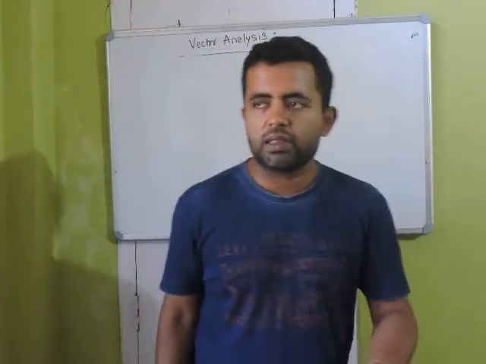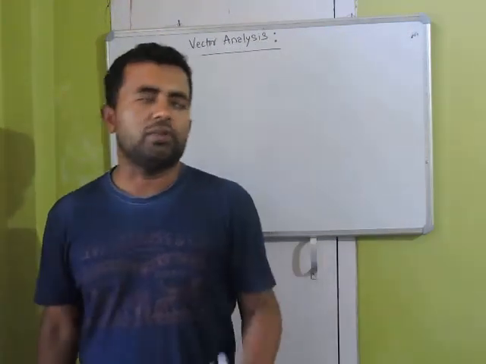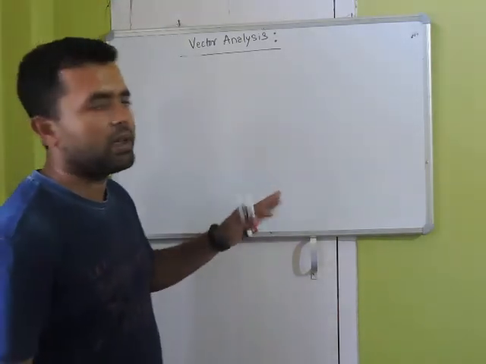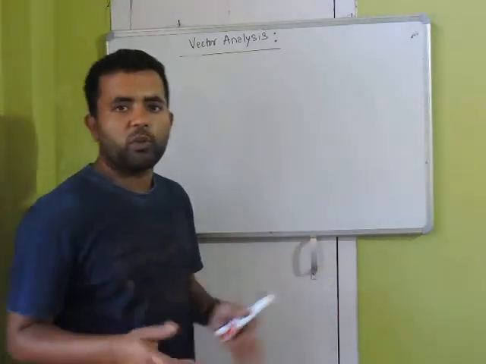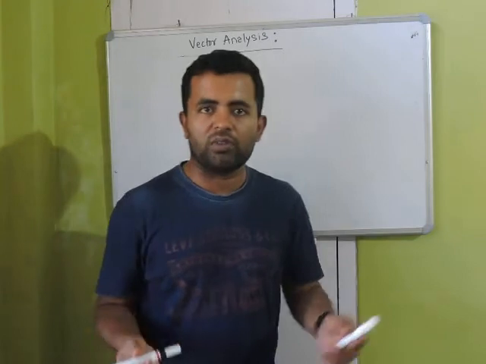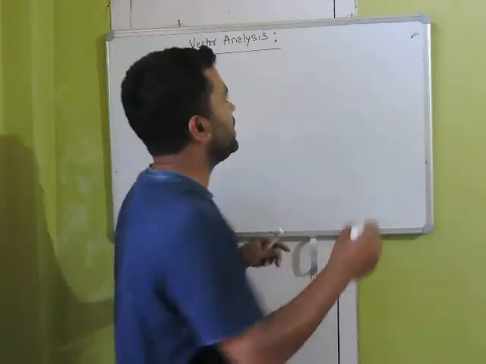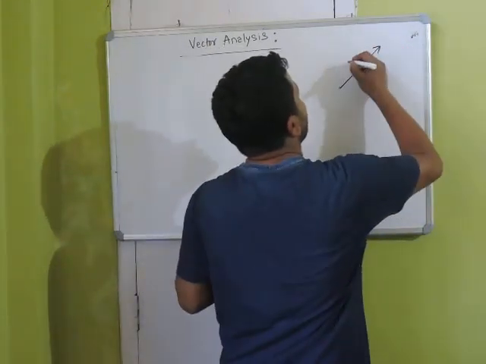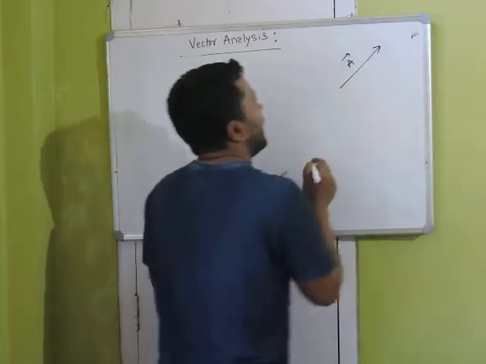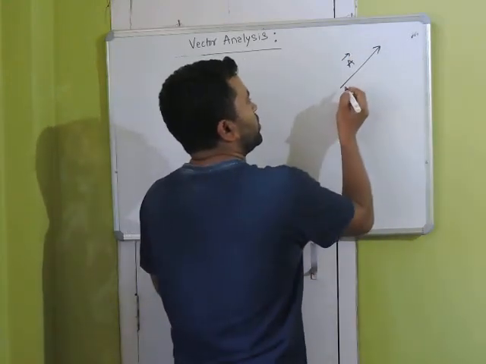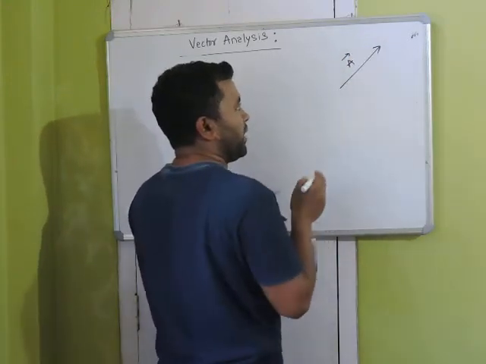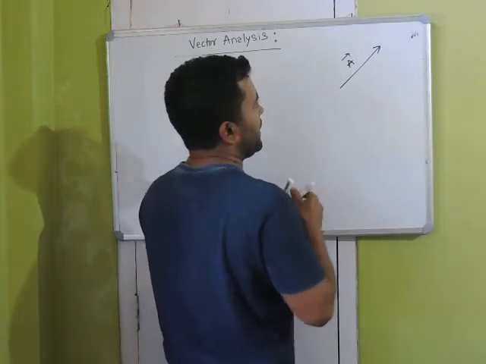This is the third lecture on vector analysis. In the last lecture I told you how to find components, or how to resolve a vector. Quickly, if you have been given a vector A and you have to find its component, then at the tail of the vector